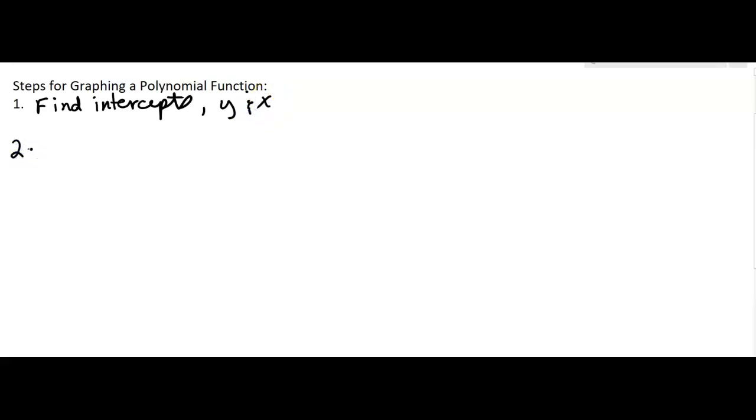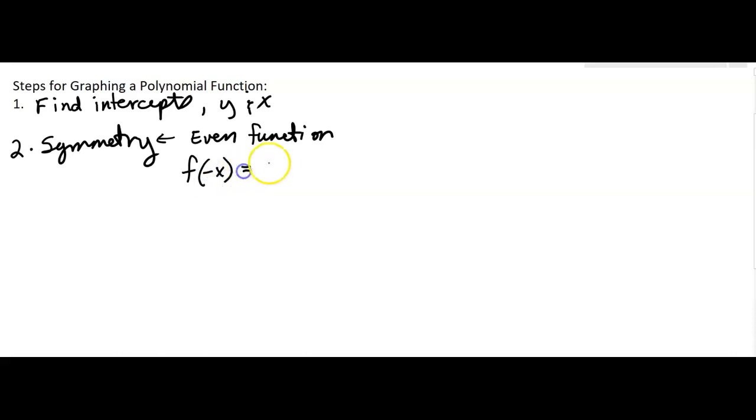All right. 2. Check for symmetry. Now, this one's always kind of a little tricky. Basically, what I tell students is, if it's even, that's really helpful. If it's odd, it's not as helpful. So if I'm graphing them, I check to see if it's even, and by that I mean an even function. Okay, so you might remember an even function is if you find f of the opposite of x and it equals f of x. If you know it's an even function, it's symmetric,